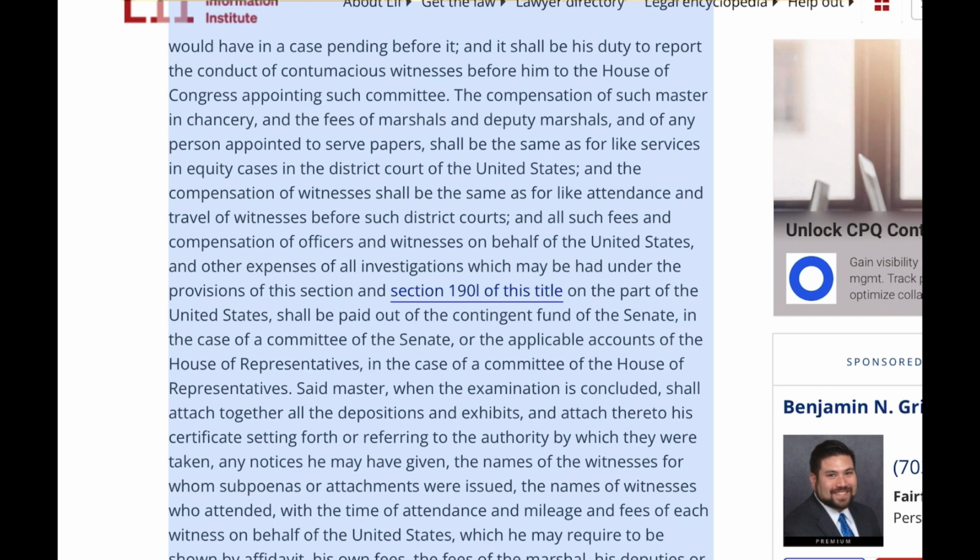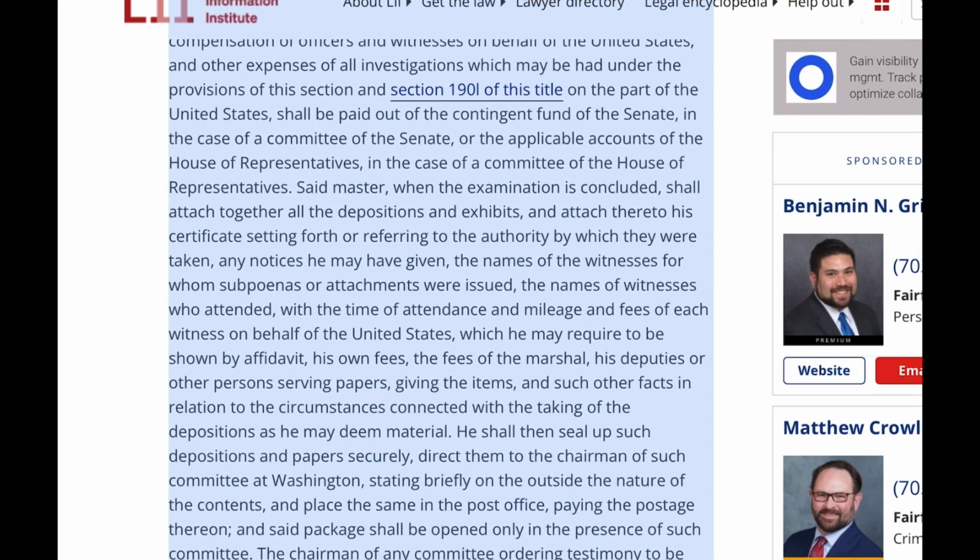Said master, when the examination is concluded, shall attach together all the depositions and exhibits, and attach thereto his certificate setting forth or referring to the authority by which they were taken, any notices he may have given, the names of the witnesses for whom subpoenas or attachments were issued, the names of witnesses who attended, with the time of attendance and mileage and fees of each witness on behalf of the United States, which he may require to be shown by affidavit, his own fees, the fees of the marshal, his deputies or other persons serving papers, giving the items, and such other facts in relation to the circumstances connected with the taking of the depositions as he may